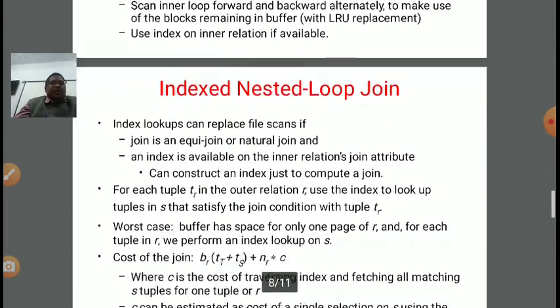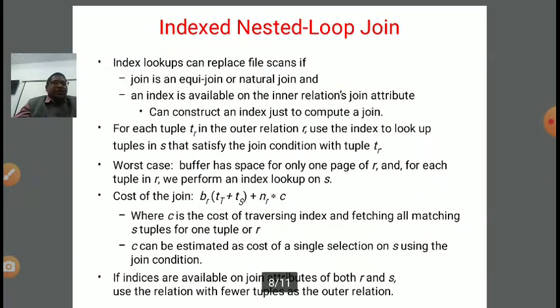Next is indexed nested loop join. In nested loop join, the last possible join is indexed nested loop join, which is slightly different in comparison to block nested loop join. In index lookup, we can replace file scan if, first, the join is an equijoin or natural join, and second, an index is available on the inner relation's join attribute.